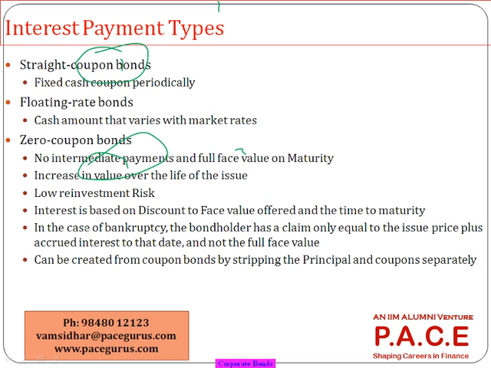This is the concept we have used for arriving at our spot rates also. Zero coupon bonds are not delivered anything in the middle, and everything is paid as face value at maturity. So they are always issued at a discount to the face value, because face value is what is paid on maturity and nothing is paid in between. So they have to be issued at a much cheaper rate than the face value,